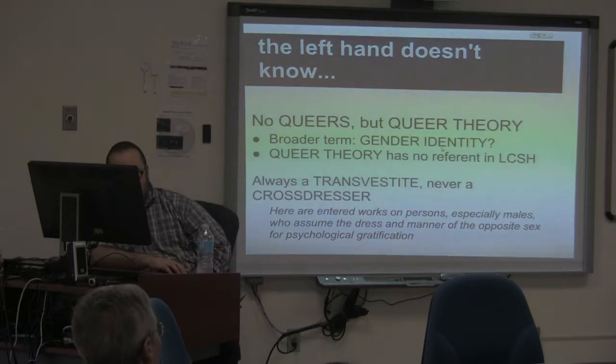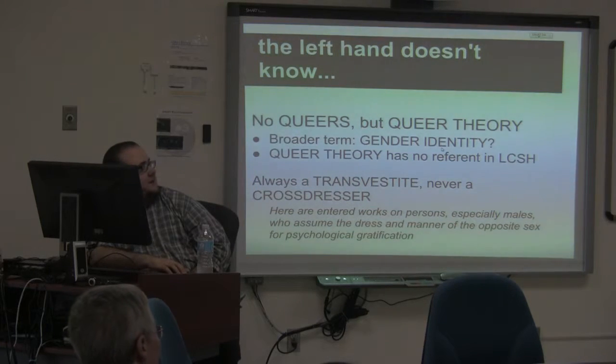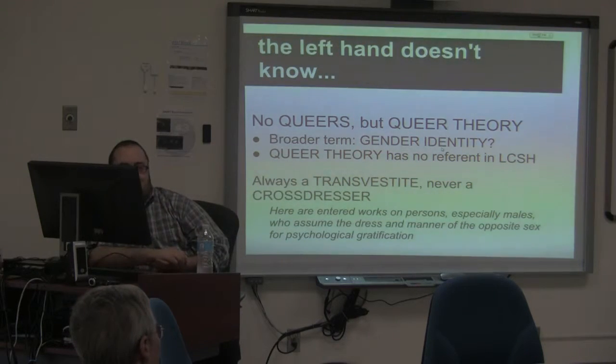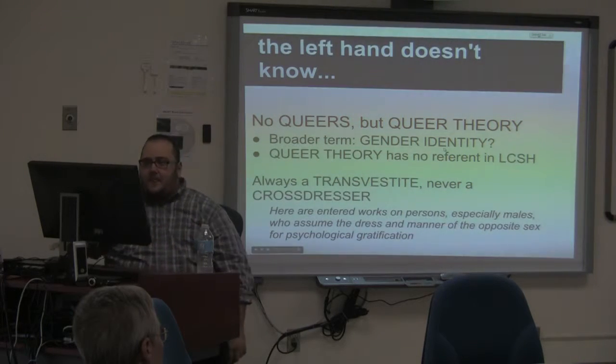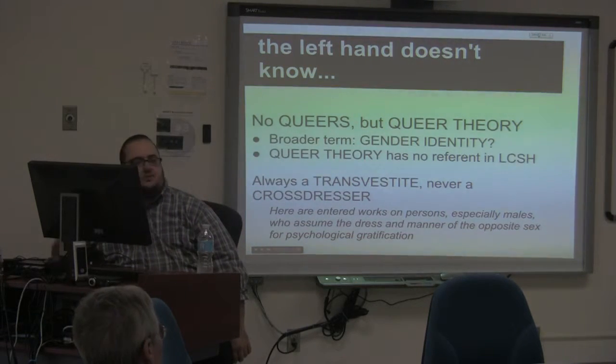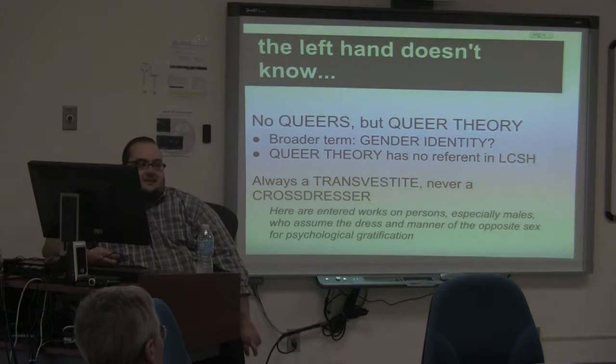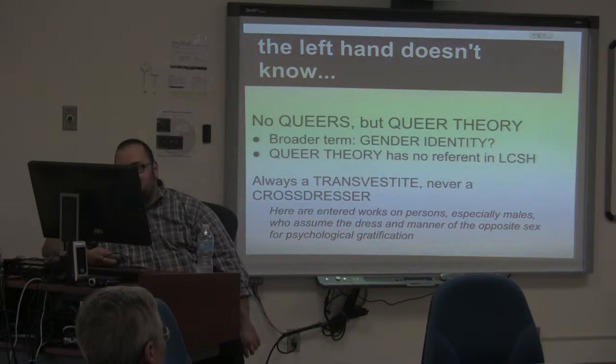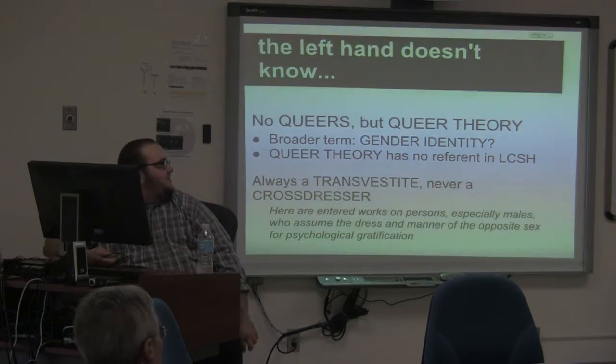Of course, Library of Congress subject headings being what they are, and so many people being involved in their creation and maintenance, there is an authorized heading for queer theory. When I first found this out, several years ago, I was like, okay, if queer theory exists, what is queer theory studying? Because there's no referent. The answer is, of course, that it's studying sexual minorities and has some sort of relationship to the subject heading gender identity, which I haven't really figured out. I was about to say this would make a good dissertation for someone, but maybe it will make a good dissertation for me.